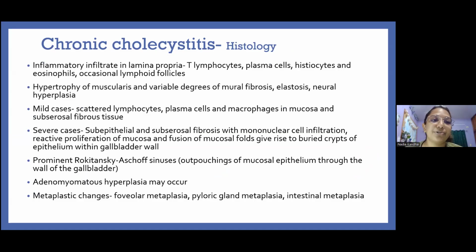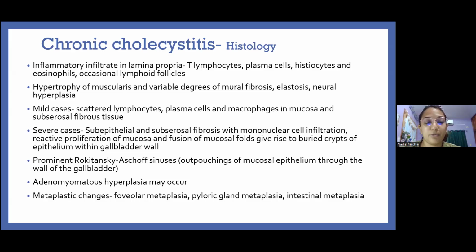There's an inflammatory infiltrate seen in the lamina propria in chronic cholecystitis, consisting of T lymphocytes, plasma cells, histiocytes, and eosinophils, and occasionally the lymphoid follicles can be seen. There's also hypertrophy of the muscularis, and in mild cases versus severe cases, a subepithelial and subserosal fibrosis is seen